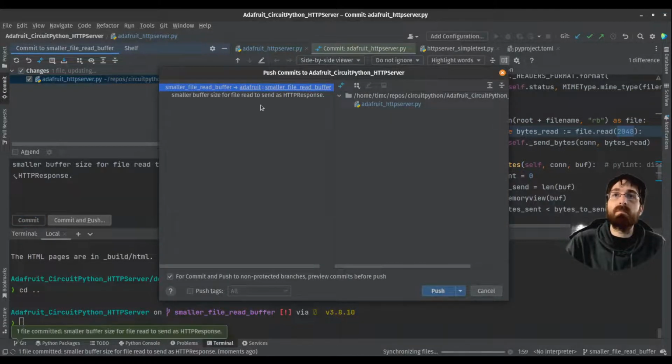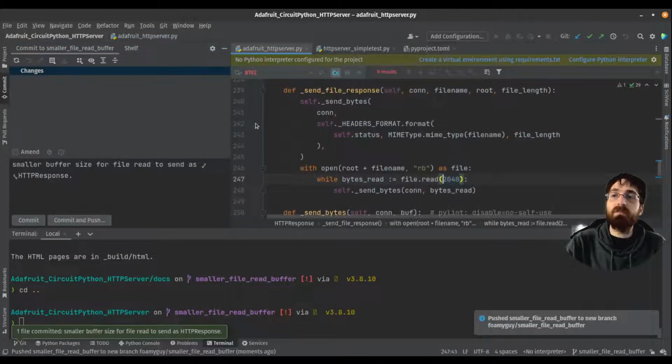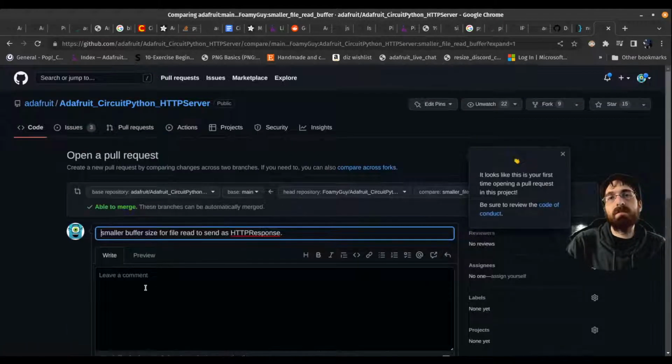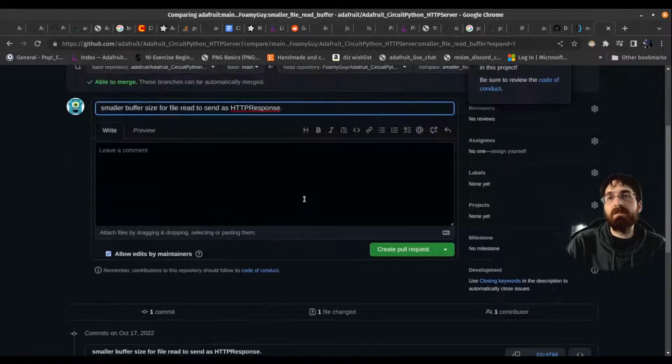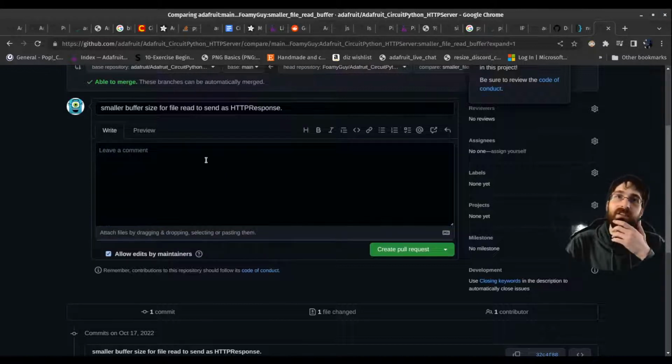Foamyguy. Haven't committed in forever in anything. Actually, why would mine be out of date? I just forked it. I don't know, it only shows one commit here. I don't know why it had all those commits. I guess that was because we updated main? I don't know. I get to thinking I understand Git, and then little things here and there will happen, and I'll be like, well, that doesn't fit with what I thought I understood.